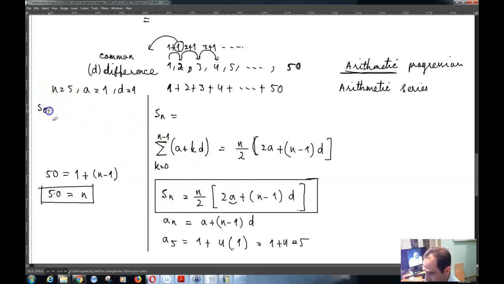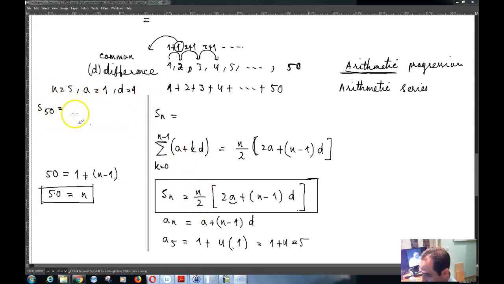So S of 50, the sum of the first 50 terms, is equal to n divided by 2,